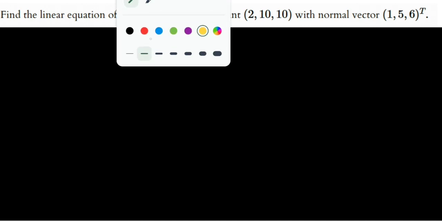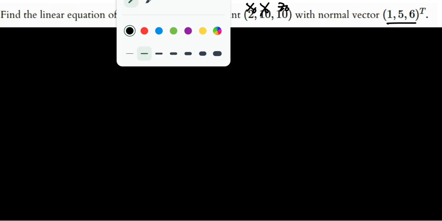Alright, so here, this is different. Find the linear equation of the plane through the point with the normal vector 1, 5, 6. So we need to find the linear equation of a plane. We're given the point. So let's identify the given first. So given here,